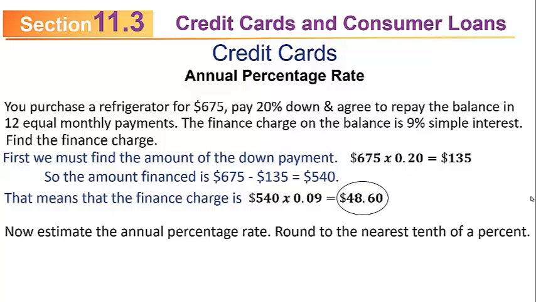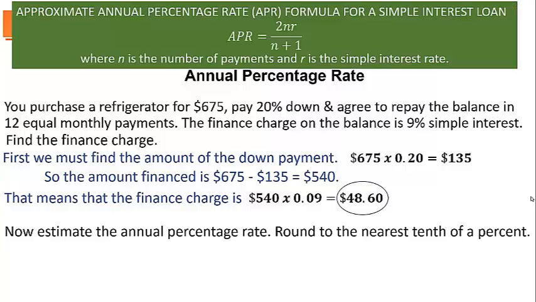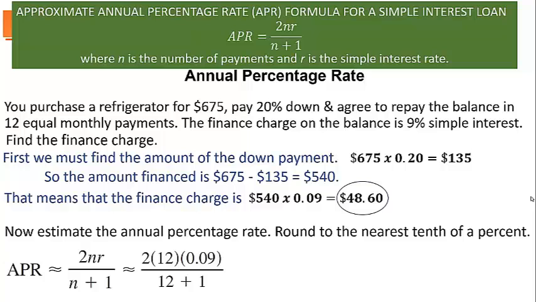Now let's estimate the annual percentage rate and then round to the nearest tenth of a percent. The estimated annual percentage rate formula for a simple interest loan is APR equals the quantity 2NR over the quantity N plus 1, where N is the number of payments and R is the simple interest rate. Well, the number of payments was 12, and the interest rate as a decimal is 0.09. Plugging those numbers in and multiplying up top, you get 2.16. Down bottom, you get 12 plus 1 is 13, because you're doing it annually, 12 monthly payments. And if you do that division, you get about